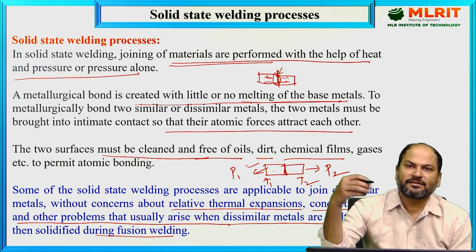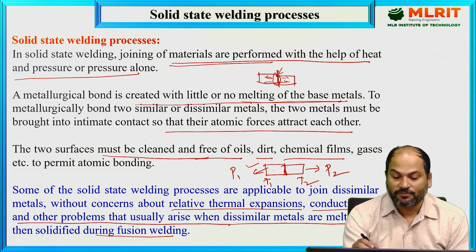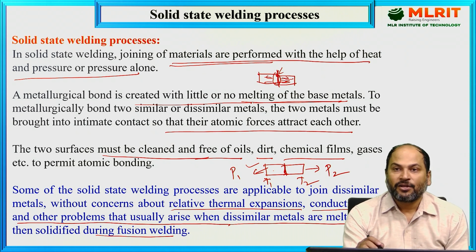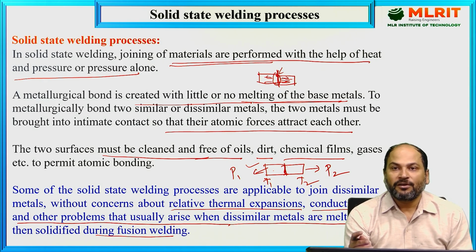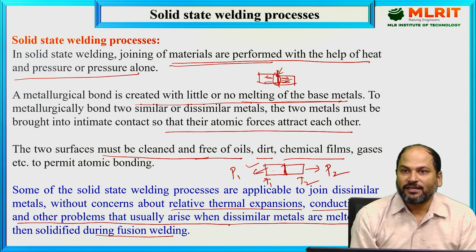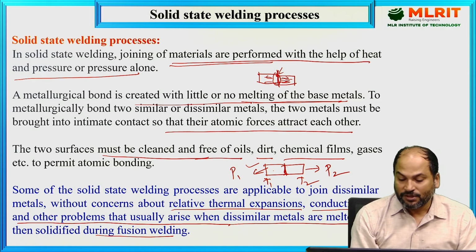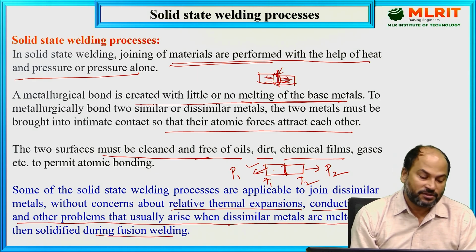If I increase the parameter, suppose I'm increasing the current, the heat input of course will increase, but what will happen? That heat will also be dissipated in this area. So not only this part where we are doing the welding, most of the other parts of the parent metal will also be affected by the heat. And if it is affected by the heat, we know there will be coarse grain in those areas, and finally their mechanical property is going to be reduced. So this is not the case in solid state welding processes. That is the beauty of this process.